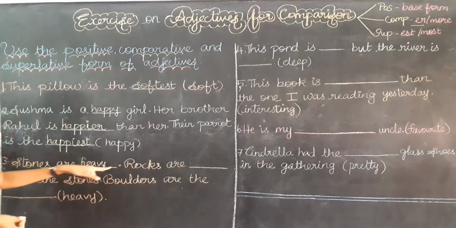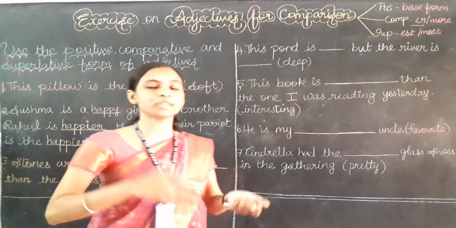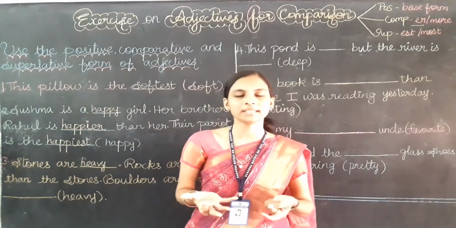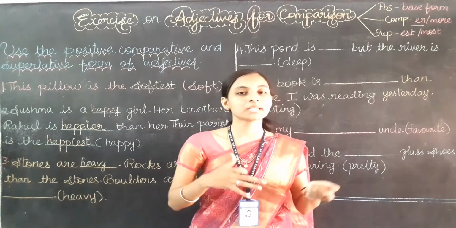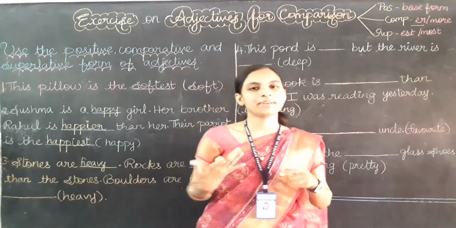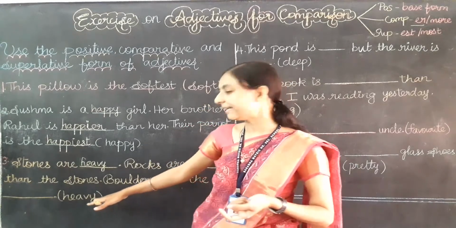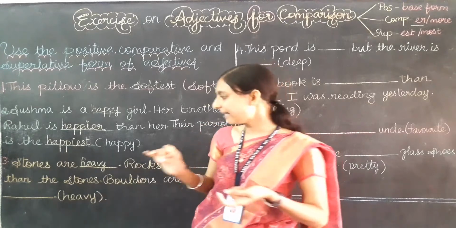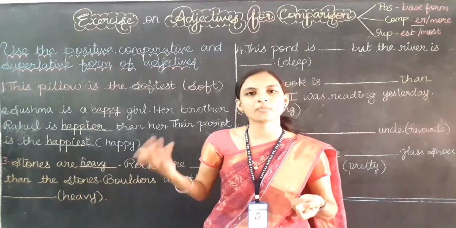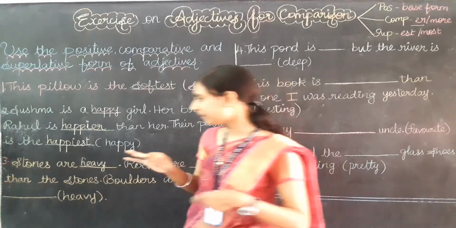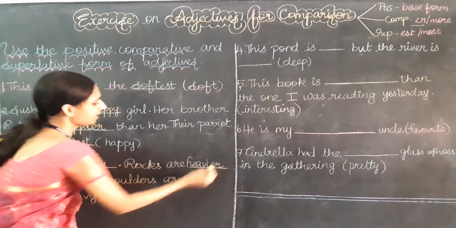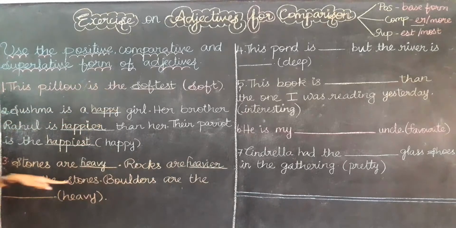Heavy. Stones are heavy. Now they are going to compare the stone with the rocks. So now the comparison is going to happen here. So when we are comparing a thing, which form of adjective we need to use? Comparative only. So find out the adjective that is heavy. Heavy is a small word only. So after writing the adjective we need to add ER, but this heavy ends with Y. You can see it ends with Y. So I need to remove Y. Instead of Y, what I need to add? I, then ER. Heavier is the answer. The rocks are heavier than the stones.